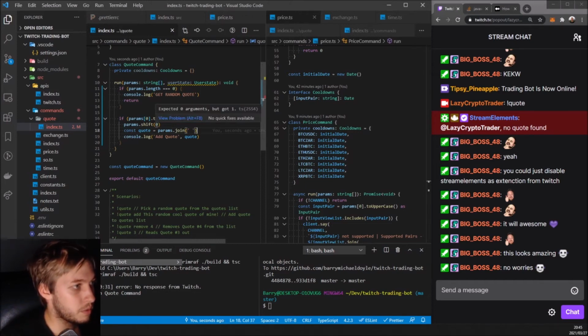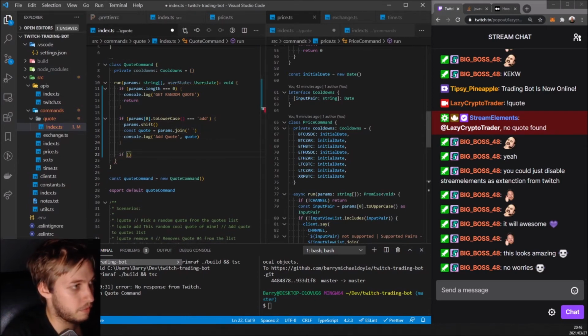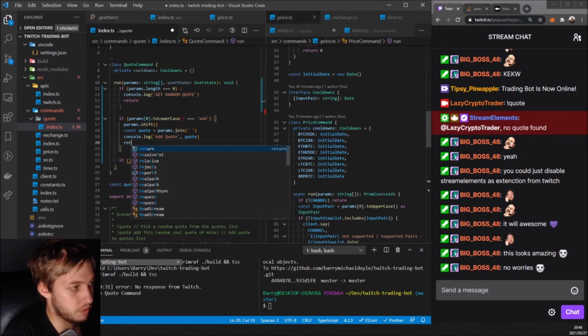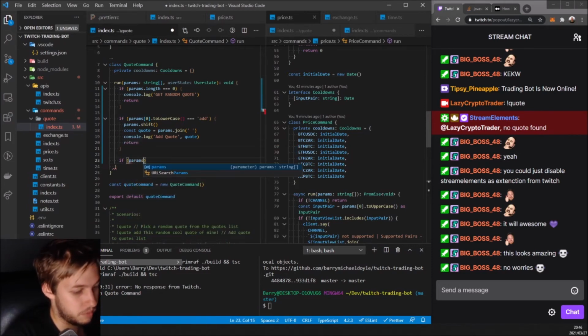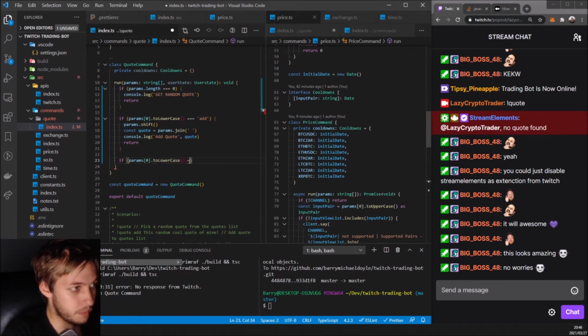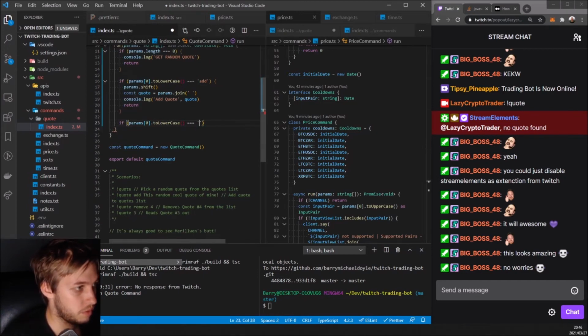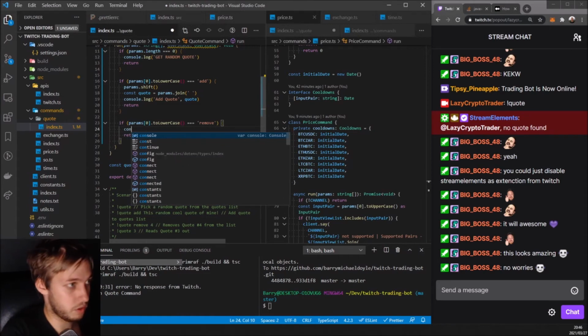Expected 0 arguments. We've got one. Right. We want no arguments there. So this will probably work. Okay, now we're gonna say if, and then if that's the case, we return. We hop out of the whole loop. And then we say params at 0 dot to lowercase. And we say if that equals remove, then we can return, and we'll just say console.log